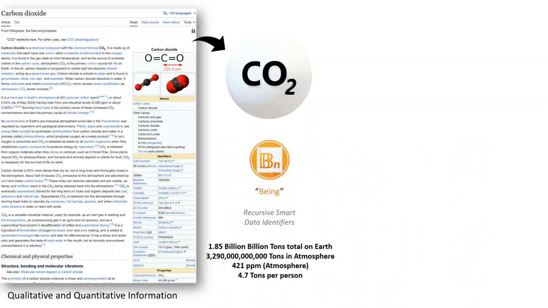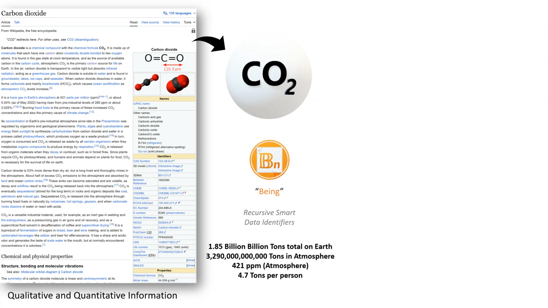We are going to focus today just on the being part, the mapping of complex data into a shared unified model. So data as we see it today is in text and numbers. It's on the left. On the bottom, I picked out a few numbers. We're not going to worry about all the billions and billions of tons of carbon that are in the Earth. 99% of it is in the Earth. What we're concerned with is the stuff in the atmosphere.